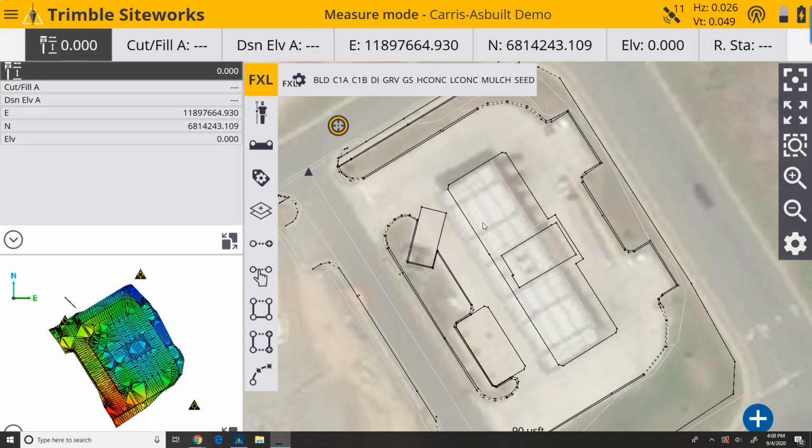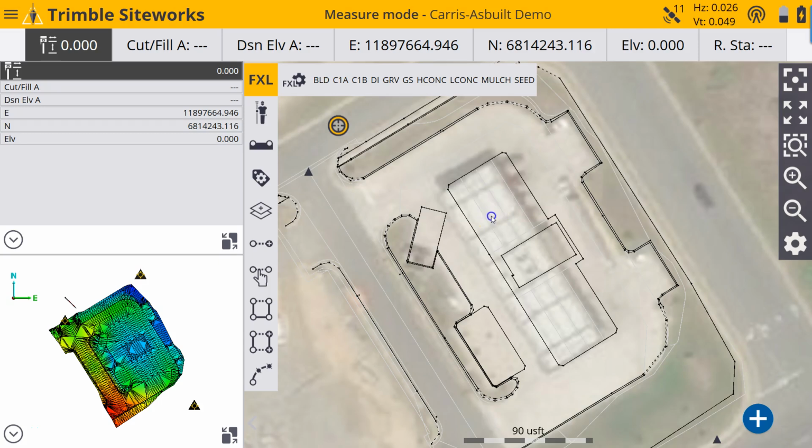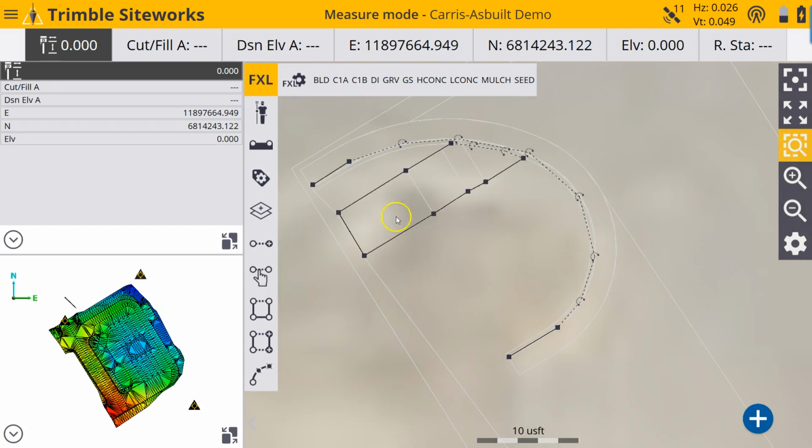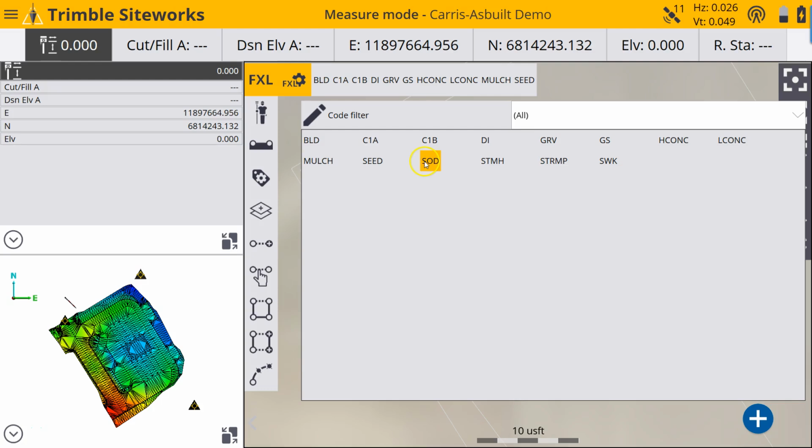So the last site improvement that we really want to calculate is our seed and sod area. So we've got seed area over here, we've got some sod area over here, and got a little more sod over here. So I'm just gonna start up in this corner again and pretty much do the same thing we did before. So I'm just gonna go up, and I know this is sod,